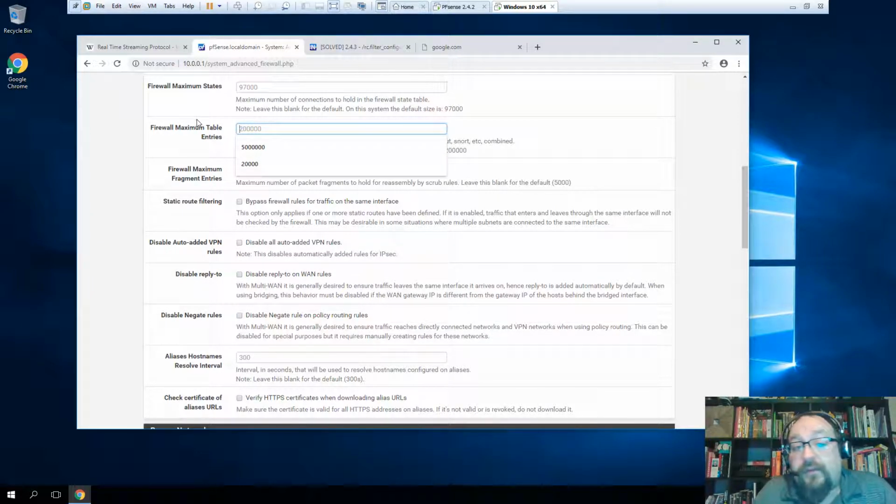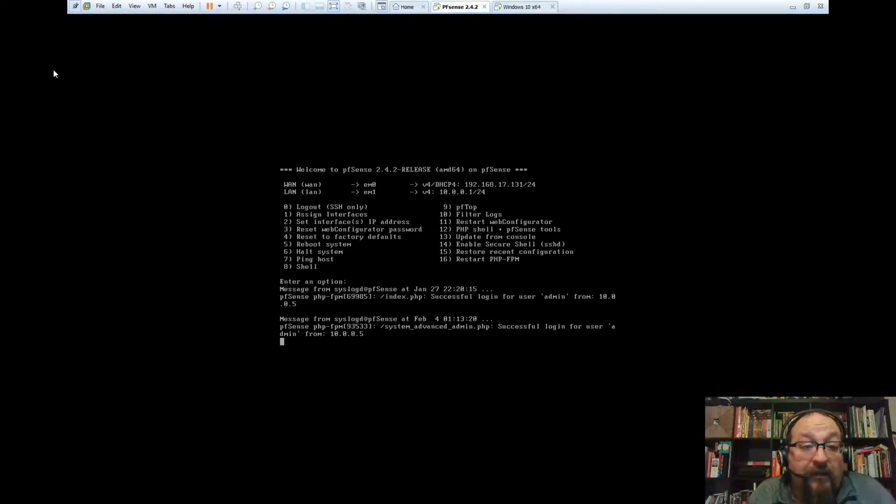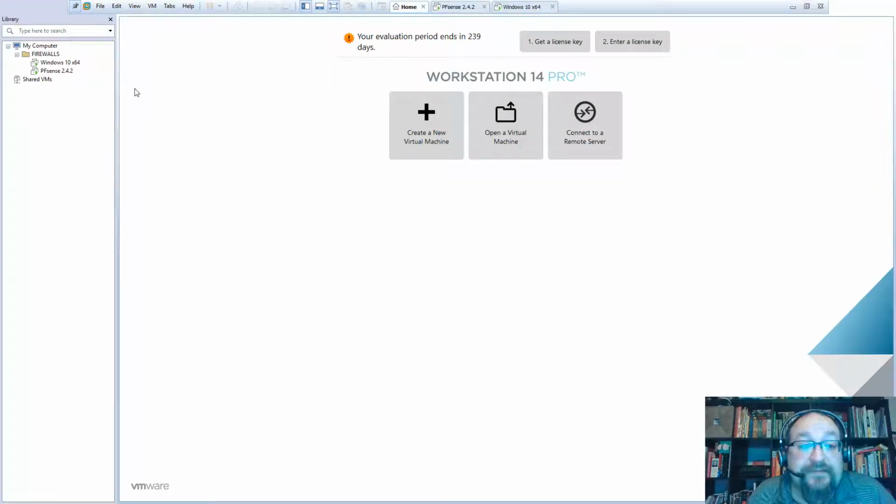Apparently we're overflowing with IPv6 status. I think that's the indicated rule. That's what we're looking at here. There's a couple indications. It could be IPv6, it could be limited to RAM, or it could be limited to entries. So the way we have it set, if we can go back to home and we can look at our PFSense box,